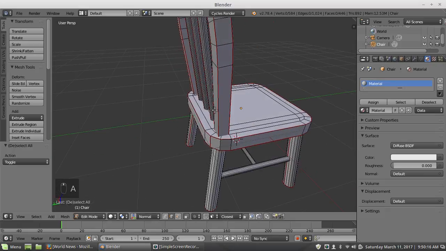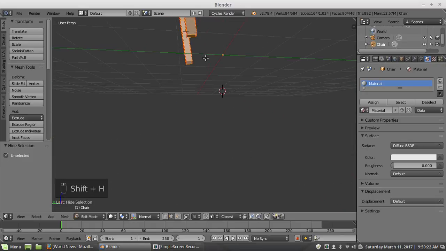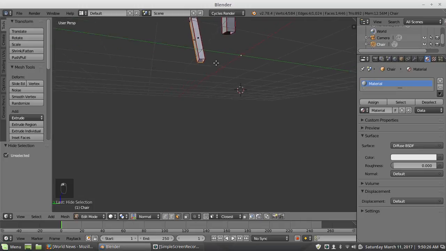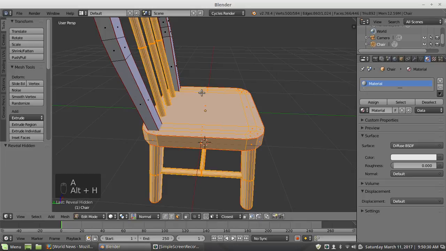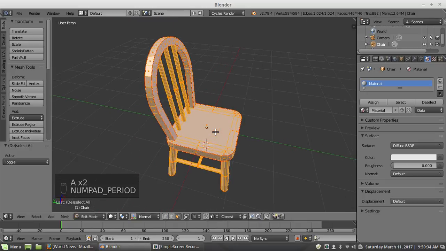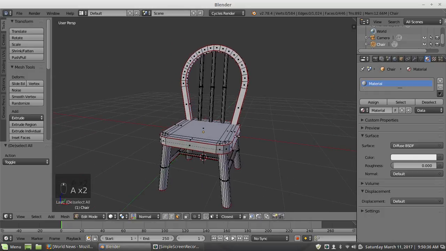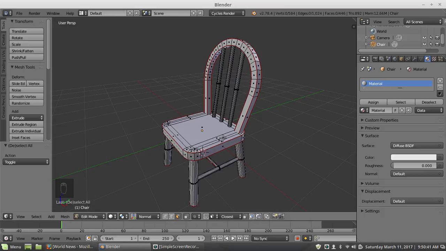And you know what else is, hold on a sec. Are the bottom faces still on there? I think they are. Yes, they are. Oh no, they're not. Okay, I did delete those. Just wanted to make sure I got those deleted. So that should be the finishing of the meshing out of the chair.